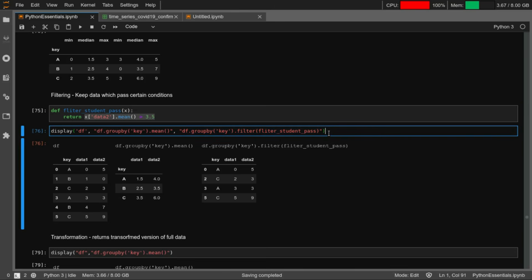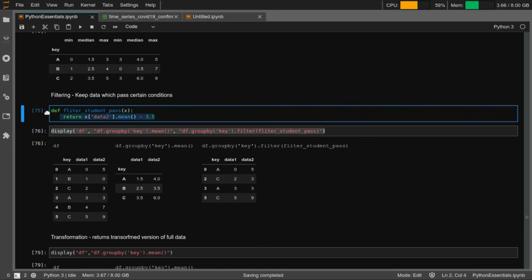So what filter allows you to do is to filter out certain rows which satisfy a certain aggregate condition, like whose mean is greater than 3.5, less than 3.5.